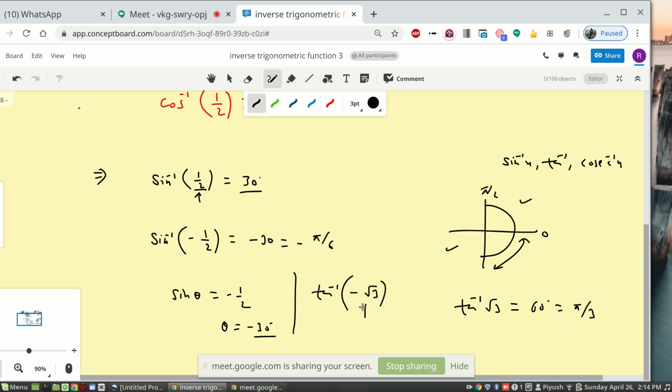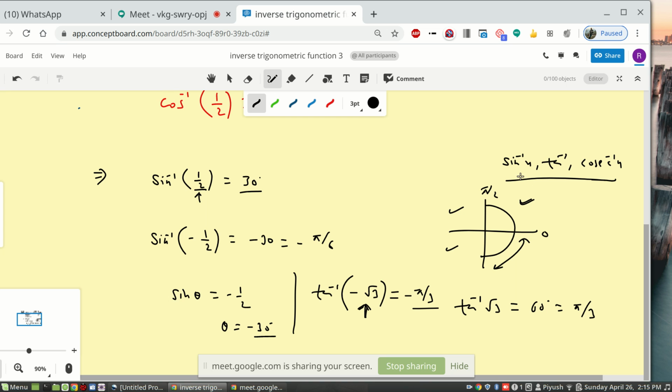Now the moment you put negative for these three trigonometries, you have to just put negative outside also. So it will be minus pi by 3, minus 60 degrees. Because tan 60 is root 3, so this is for a positive value. The moment you give the negative value, you are asking for what angle tan theta is minus root 3. So you have a scope of going here also,